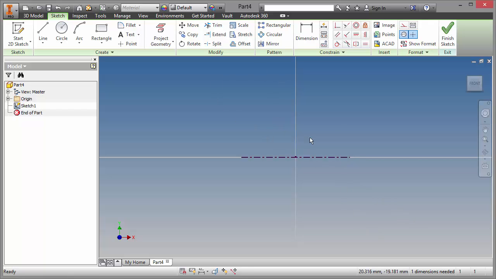Okay, now it's ready to draw the cross section of our part. I'm going to start that with a rectangle. Just need to turn that center line back off by clicking it, and again we draw our box. And then I want a circle that's halfway along, so I find the midpoint like that. I'm going to trim away the parts that I don't need,